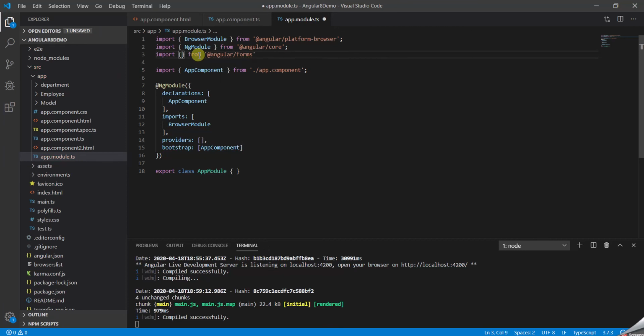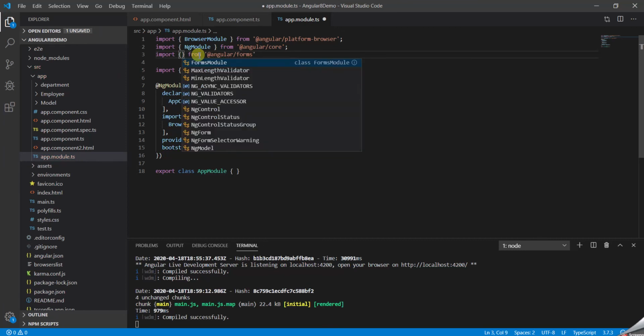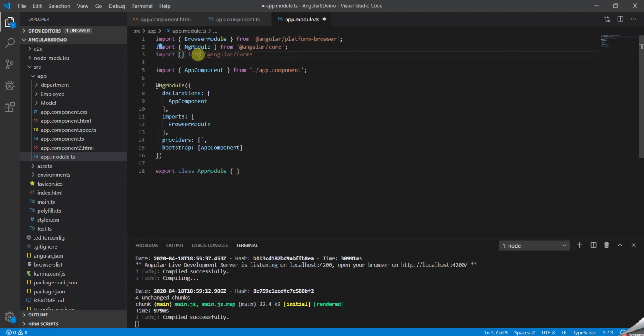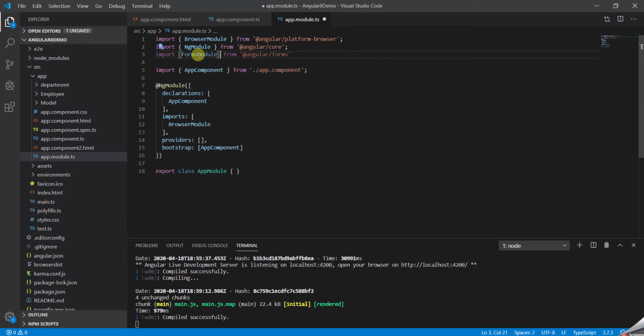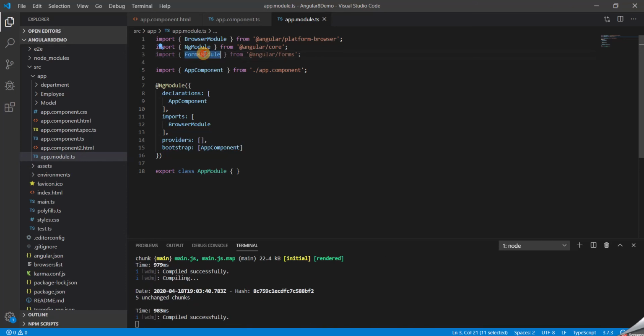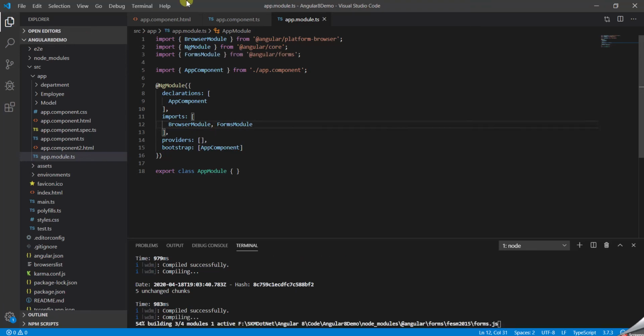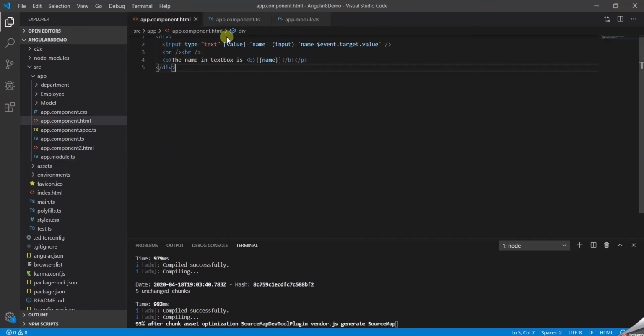Now if you press control space here you can see all the suggestions, but what we exactly need is called FormsModule. Save it. As the next step, as you know guys, we need to register it in your imports section. That's it, now we should be able to use this forms module